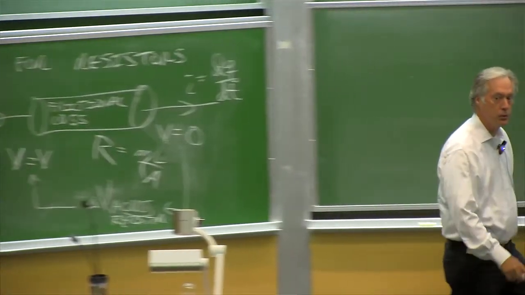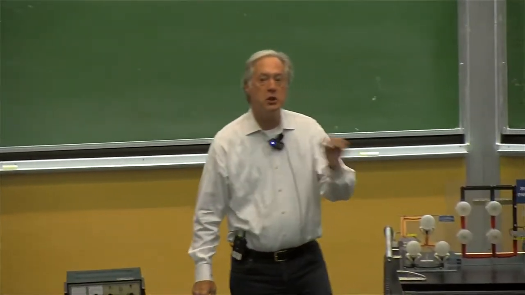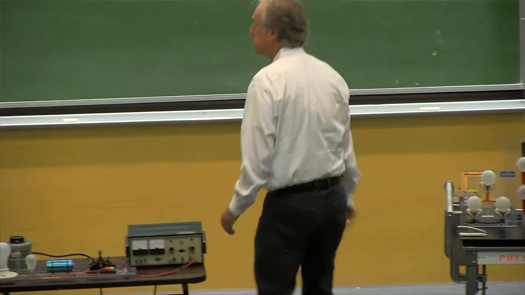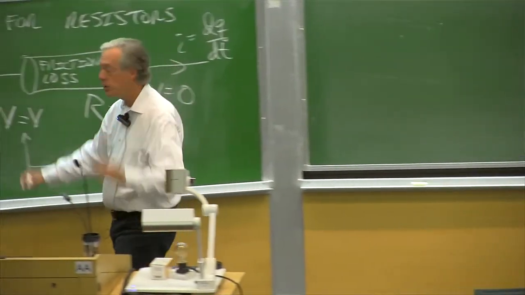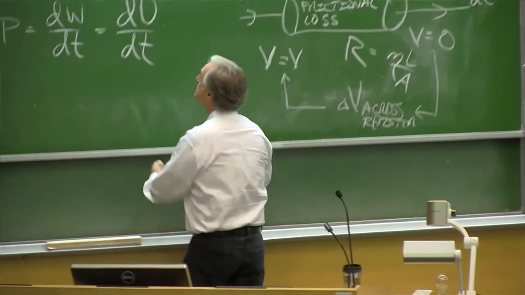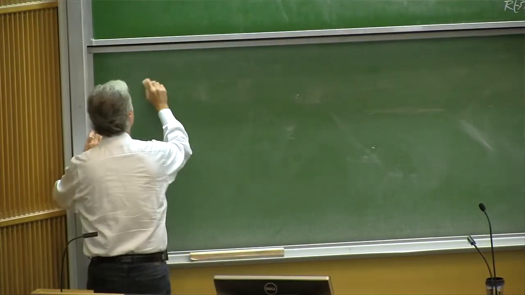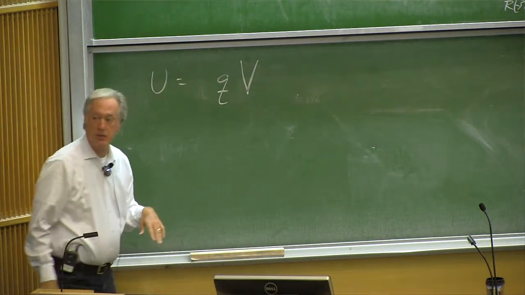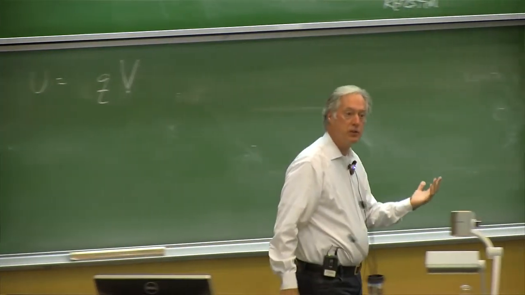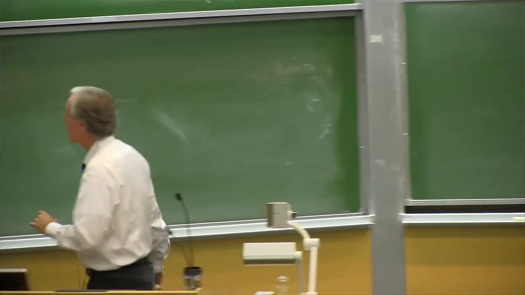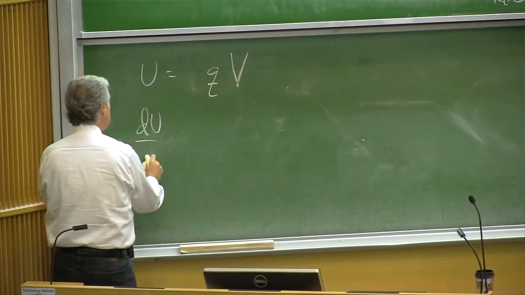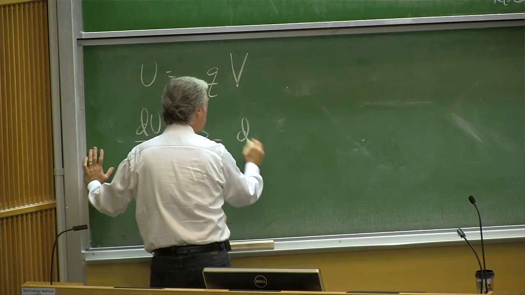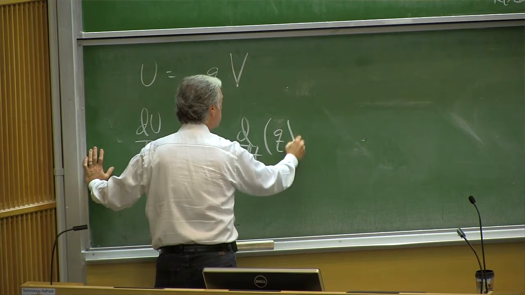So that delta V across the resistor means the energy per charge changed. Voltage, energy per unit charge. So the energy per unit charge changed. That energy went into the frictional loss, the heating. The energy was the amount of charge that's moved times the voltage. That's the total energy that's available. The rate at which the energy is changing is the power, and that's then equal to the time rate of change of that energy that we